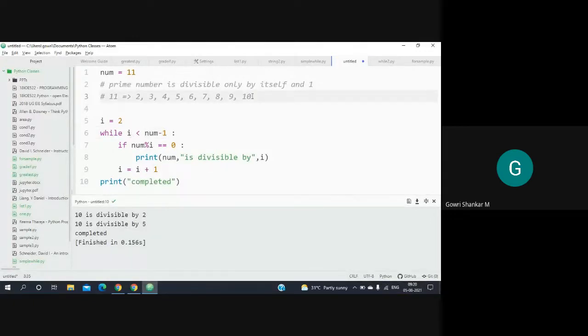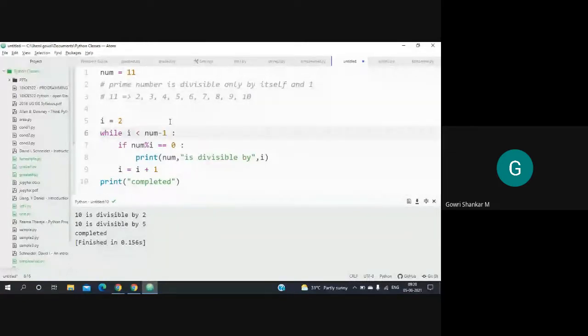When it is 10, it will go inside, and after that I will become 11. Then again you come to the while loop and check the condition. Now is 11 lesser than 10? The condition is false. Then it will come out of this. So it won't be executed when I is equal to 11. Otherwise, we would get the output as 11 is divisible by I.